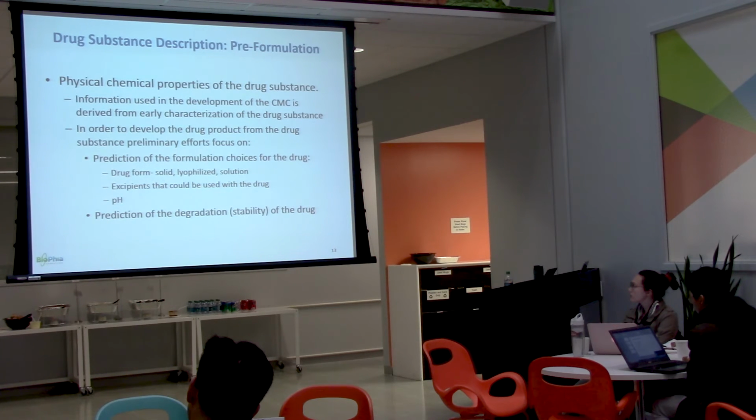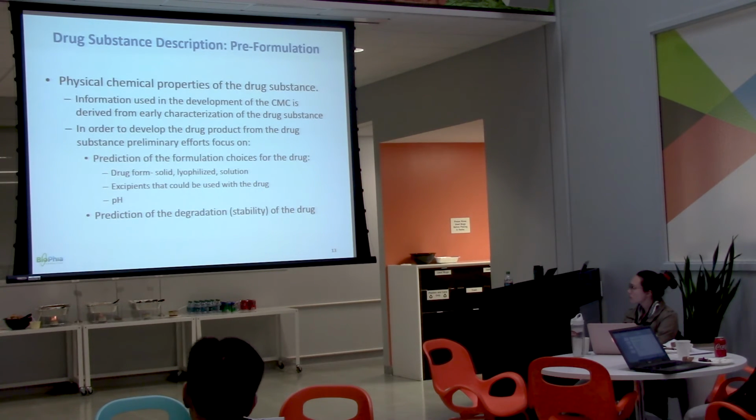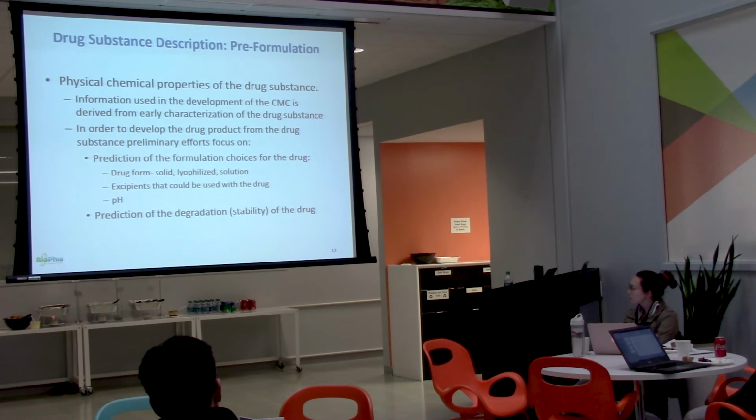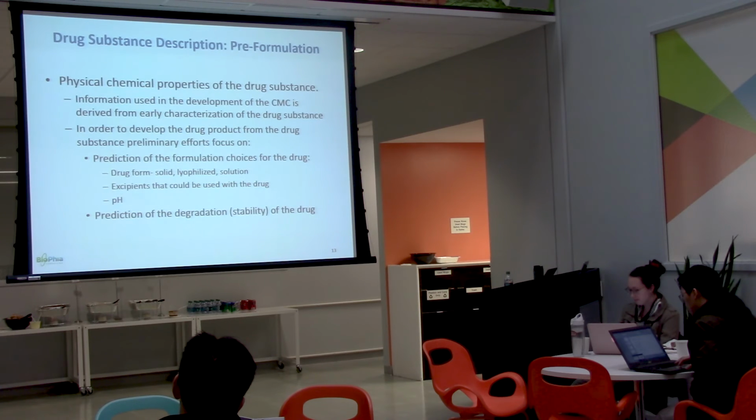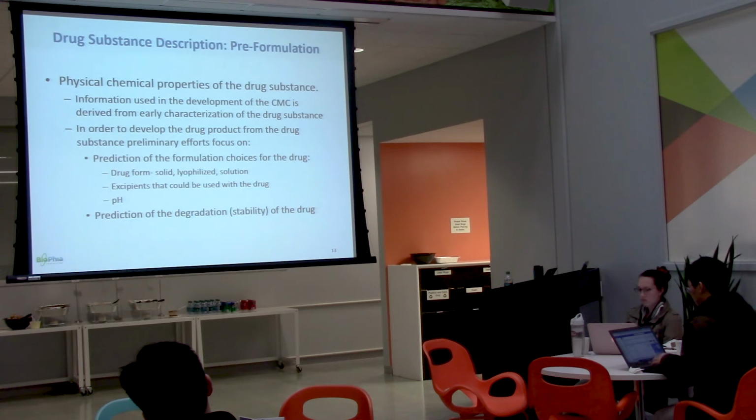That was kind of a transition slide. So these are the various elements of the development process that we're going to go through in a little more detail here. So in your development phase, when you're working with your lead compound and trying to think about how you're going to formulate this, you go through this pre-formulation phase, and what you're actually going to manufacture in the long run is going to depend on the properties of that drug substance. So the information you use is based on your characterization of the drug substance, even in those early stages.